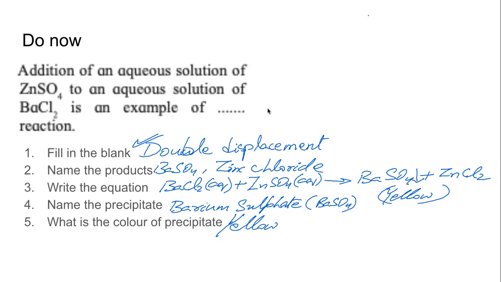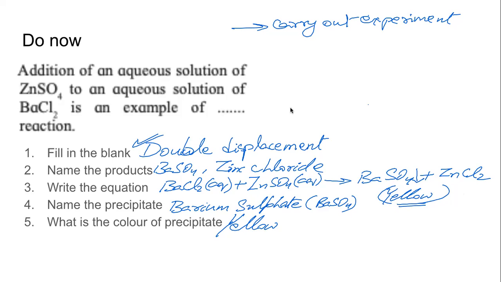Anushka is asking, sir, how do we find the colors of the precipitate? So Anushka, that is what I told you just now, that the right way to find the answers is, we do this experiment in the lab. There are two parts to this process. One is when we carry out the actual experiment. When we carry out the experiment, we can very clearly see that we will get a yellow precipitate. But when we carry out the experiment, we may not know what this compound is.